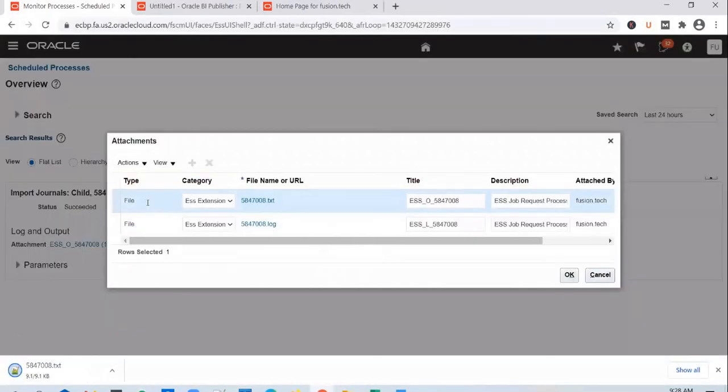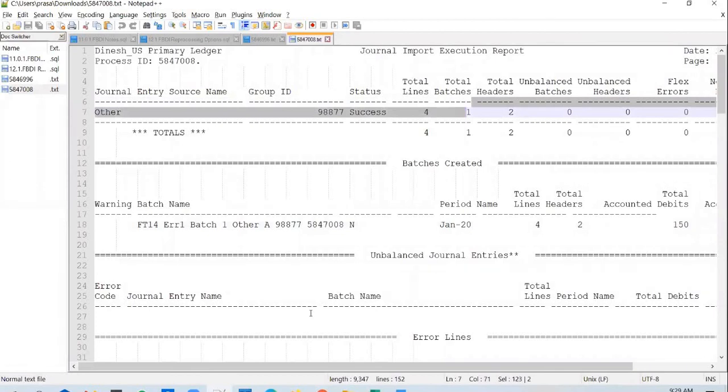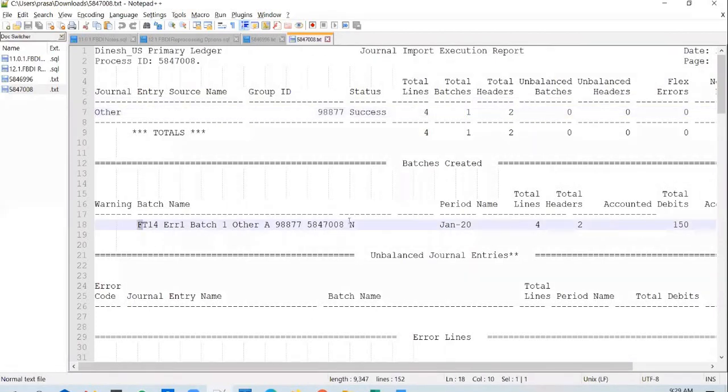And look at the text file. You could see the batch that is created. You could see the lines, batches, and the headers that are created. Okay, so if you go to the manage journal screen, you will be able to query this journal as well, and you will be able to find it out.